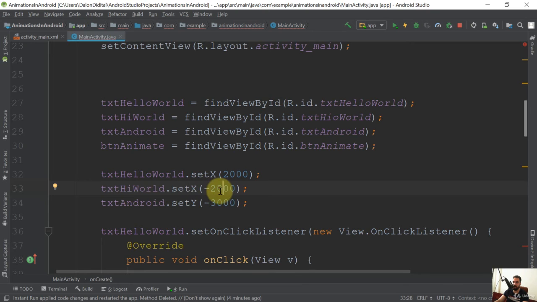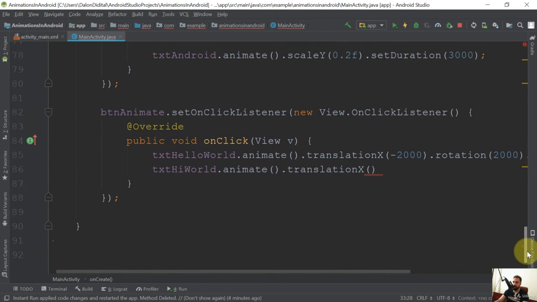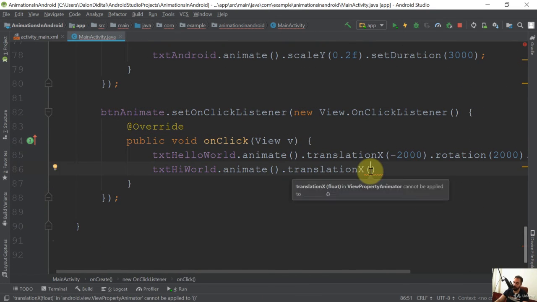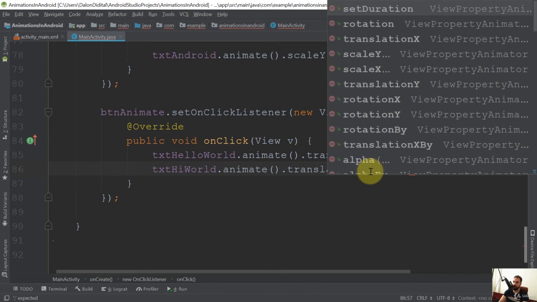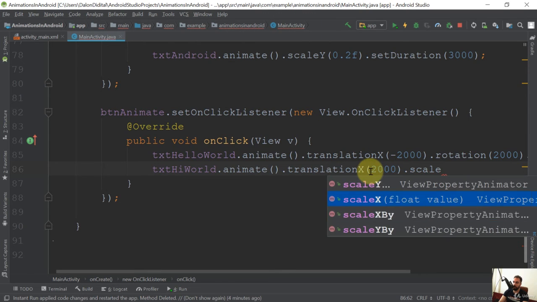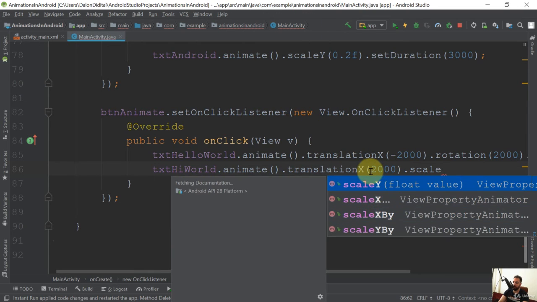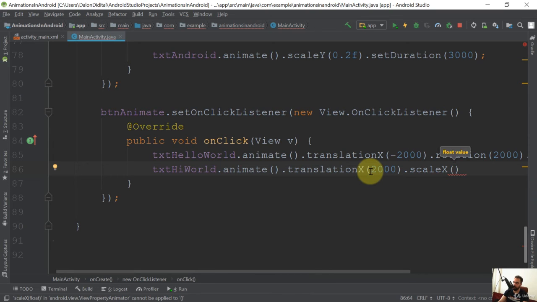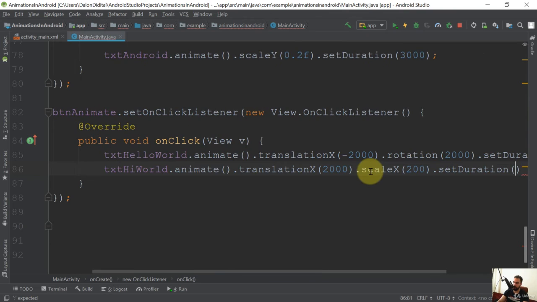So it is minus 2000. So in order to bring it back to its original position, we need to use 2000. And we can also combine it with another animation. So for example, I can use scale, and I can use scaleX, and I can choose 200. Dot setDuration 2000